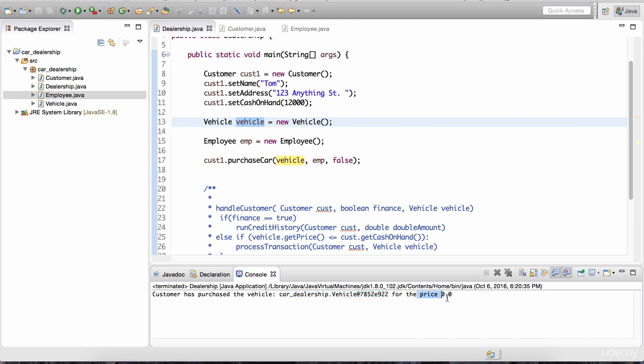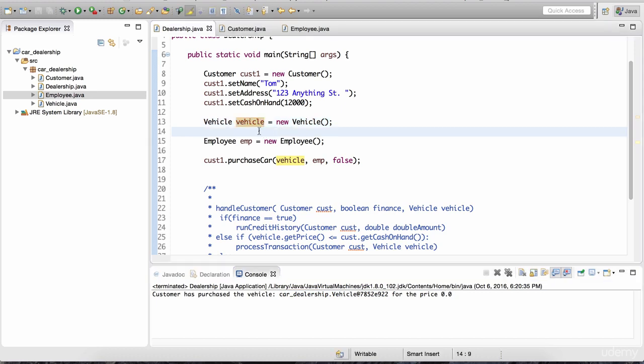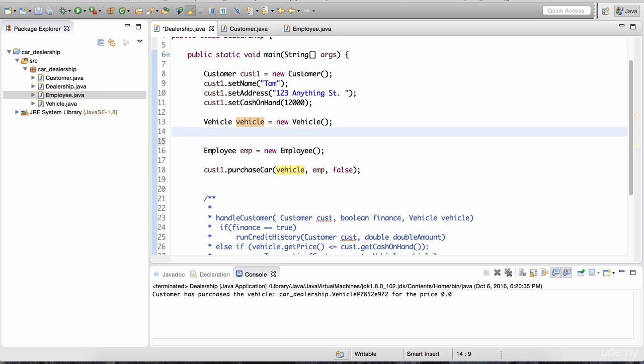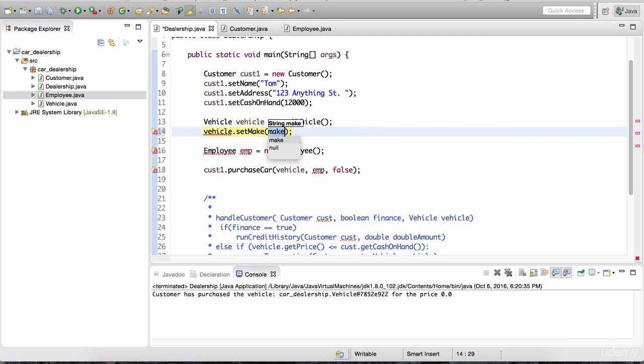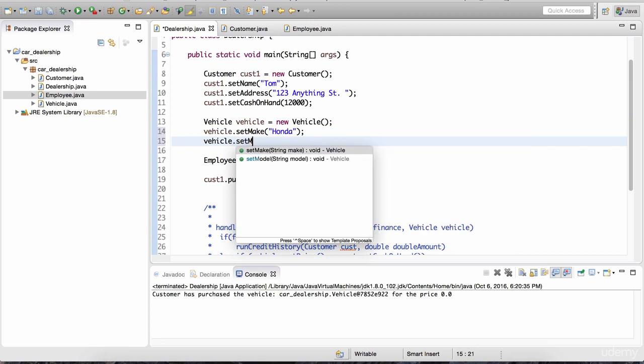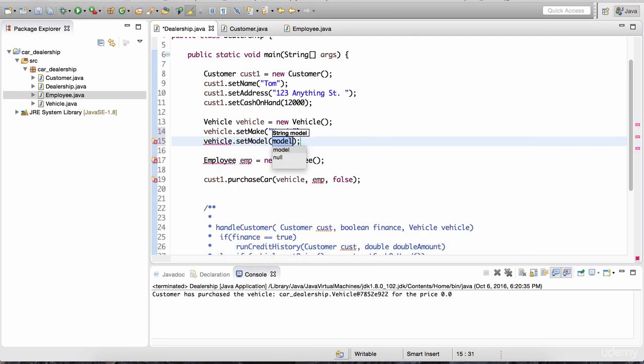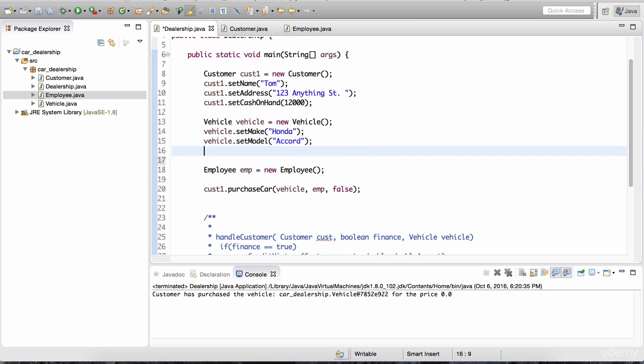But notice that the price is 0, right? The reason for that is because we have an instance of vehicle, but we haven't given it any data. So after the vehicle object is instantiated, we can assign it by using the setters. So we can say set make is going to be Honda. We can do set model is going to be Accord, and you can obviously use any values that you can